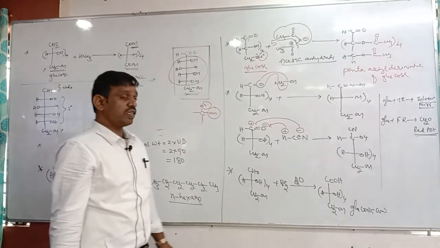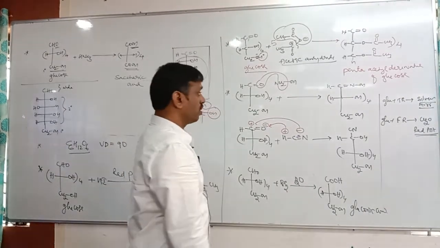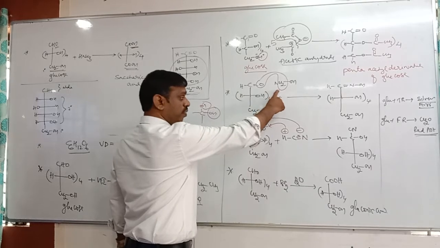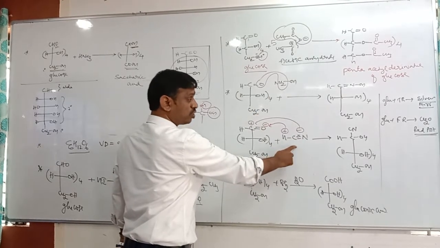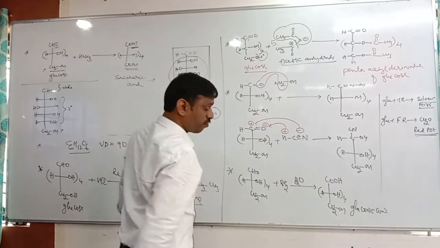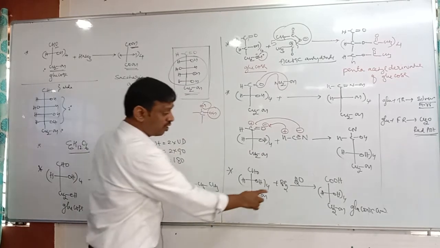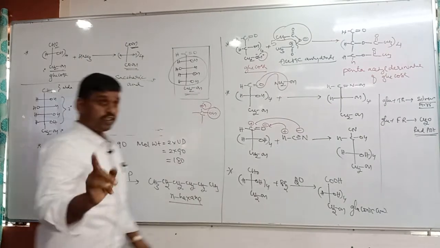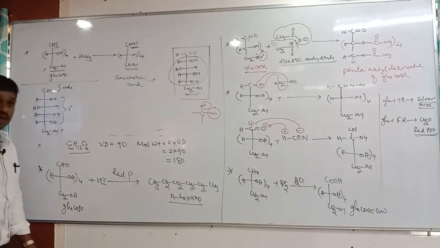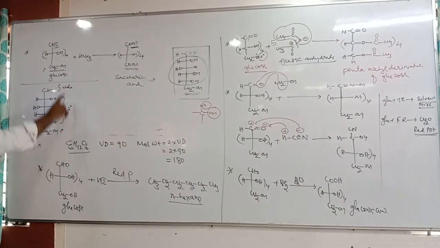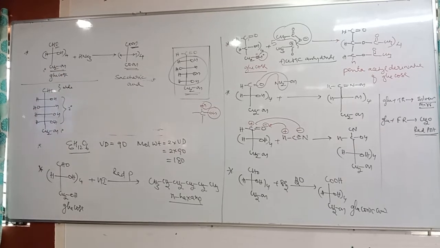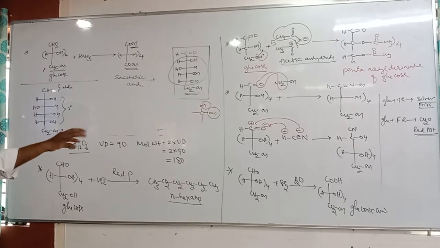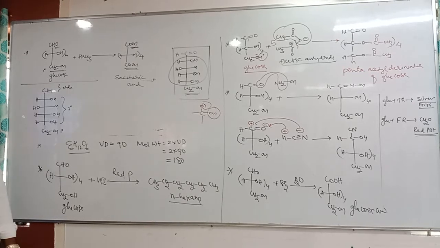Which reaction confirms that glucose contains a carbonyl group? Reaction with hydroxylamine, reaction with hydrogen cyanide. Which reaction confirms that glucose contains an aldehyde group? Reaction with bromine water, Tollens reagent, Fehling solution. Which reaction confirms that glucose contains one primary alcohol? Reaction with concentrated nitric acid. So this kind of question can be expected. You need to remember the product and which reagent. Okay, take down.